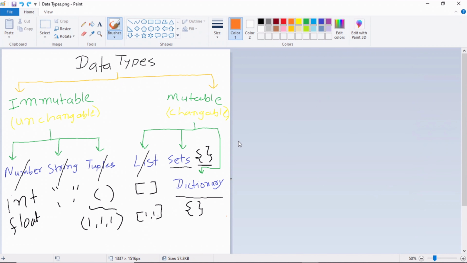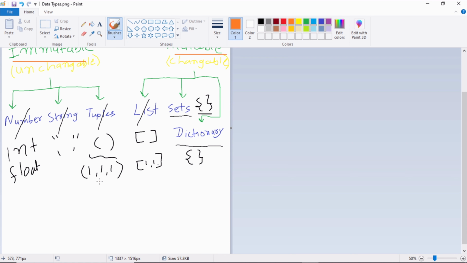Okay, so let's conclude the data types. We have seen that we have a total of 6 data types. Out of these, 3 are immutable. That means we cannot change it, we cannot modify it, and 3 are mutable. The immutables are numbers, strings, and tuples. We know that we can store a number inside a variable, but we cannot change a number. If we want to change any number, then we have to reassign it to a different variable, or we can use the same variable, but we have to reassign the value because we cannot modify the number once we have defined it.